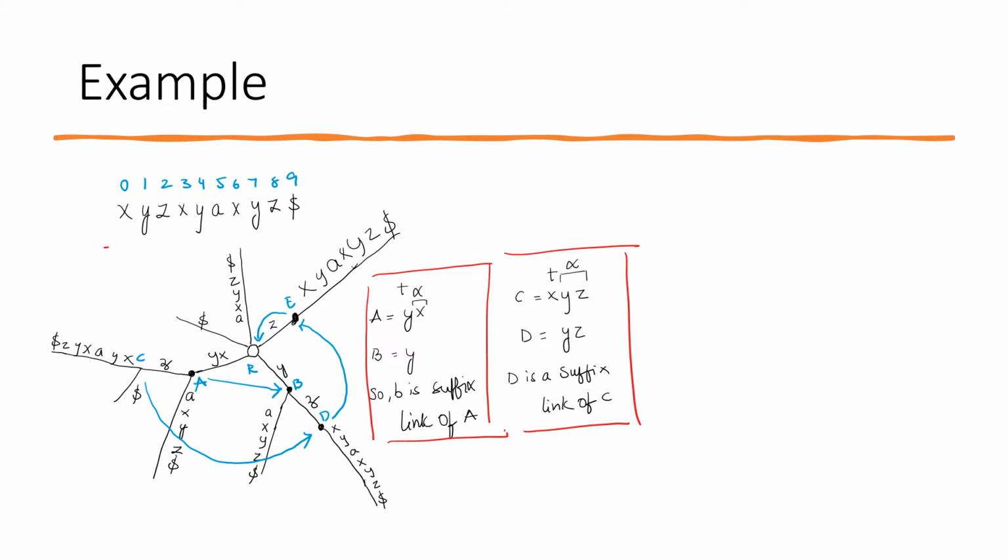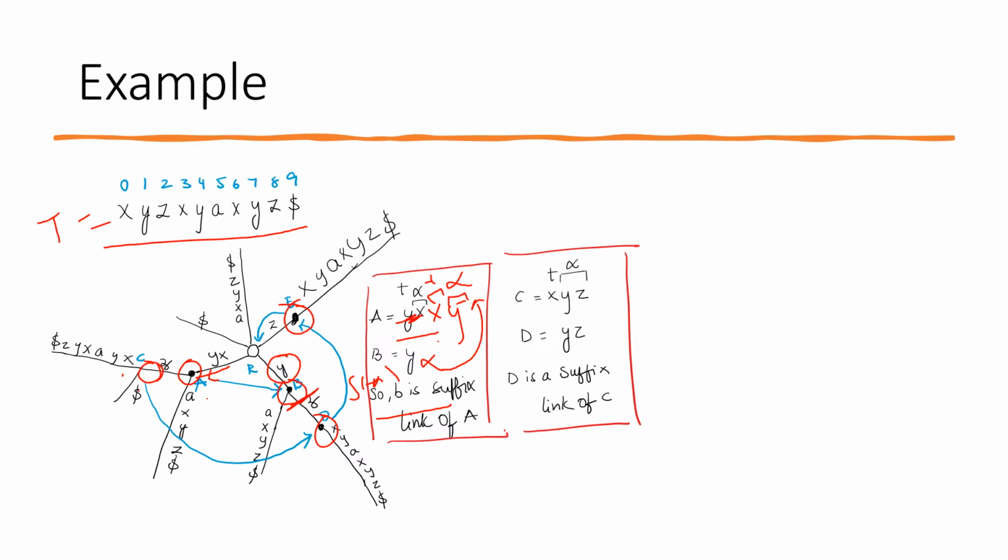Here I will demonstrate using an example for this given t. So I just draw the suffix tree this way. These are the internal nodes: a, b, c, and d and e are also internal nodes. For internal node a, we have xy. So x is t and y is alpha. We have only y for node b, so for node b we have alpha. Since we have alpha for s of a, this b can be the suffix link of a.